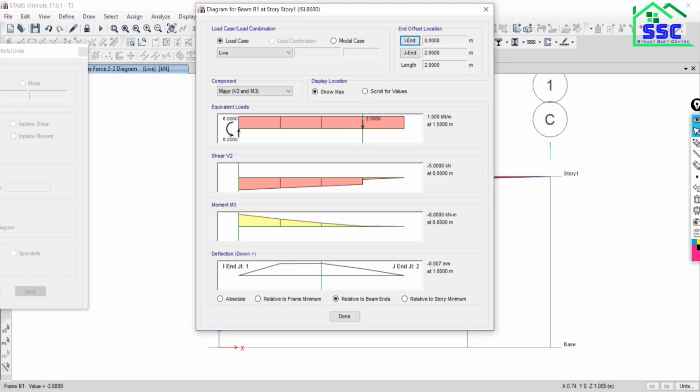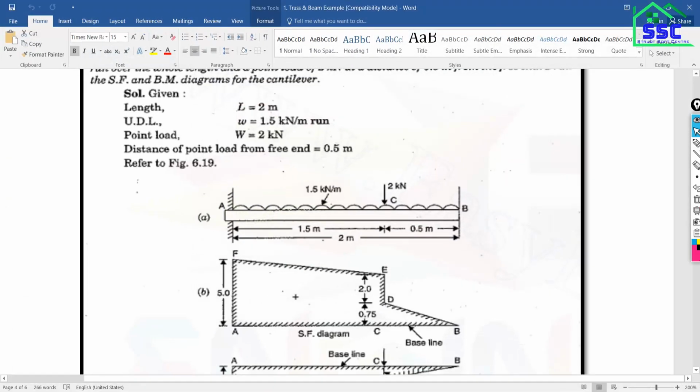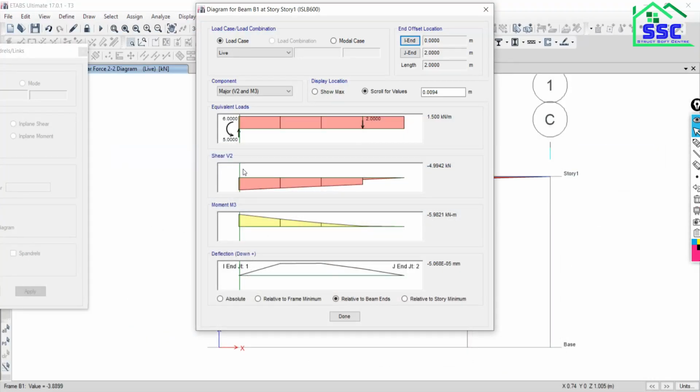And if you want to see at a particular distance from the left end, that is 1.5 meter, you can directly scroll the bar to get the position, or you can directly put the distance. I just want to see at a distance of 1.5 meter from the left end, enter. So the shear force is 2.75 kilonewton.